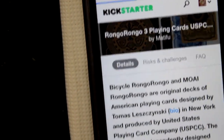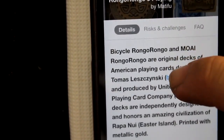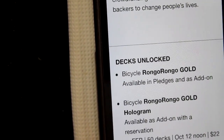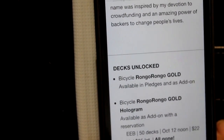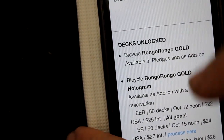Then we get to this. Bicycle Rongo. This is their third attempt because the first one failed. The second one is cancelled because they decided, oh, USPC is going to allow us to print only 1,000 decks. So now we can actually do it, USPC. And then USPC changed their mind right after they did that, and it's like, oh crap. Well, anyways,